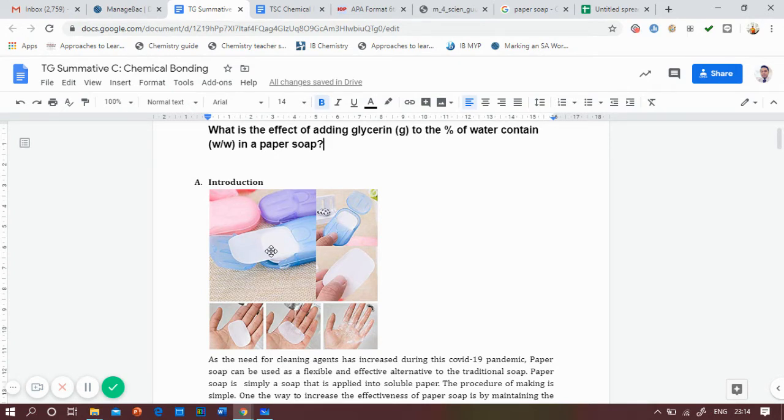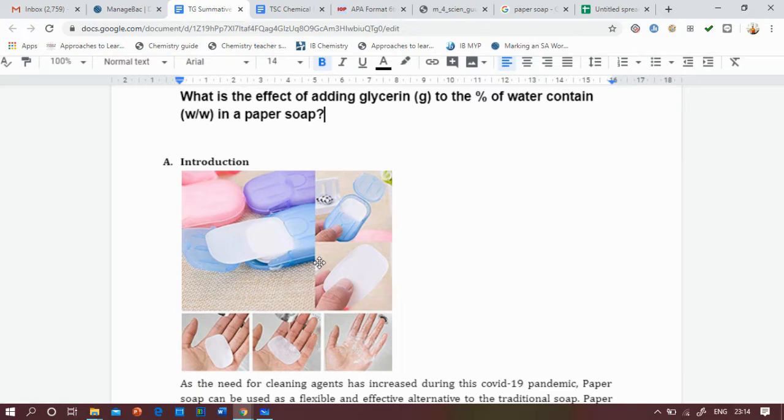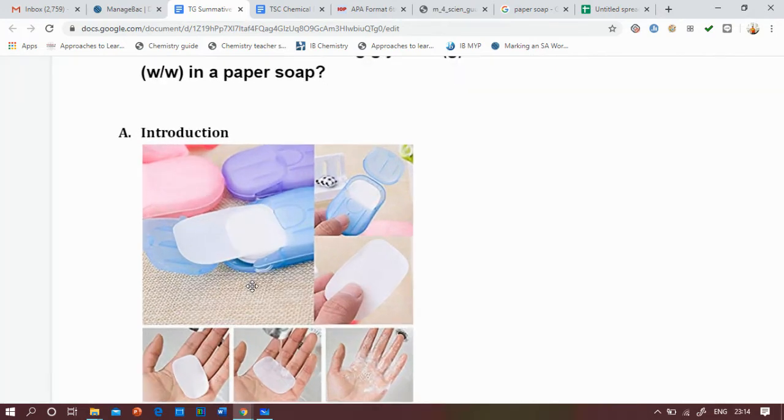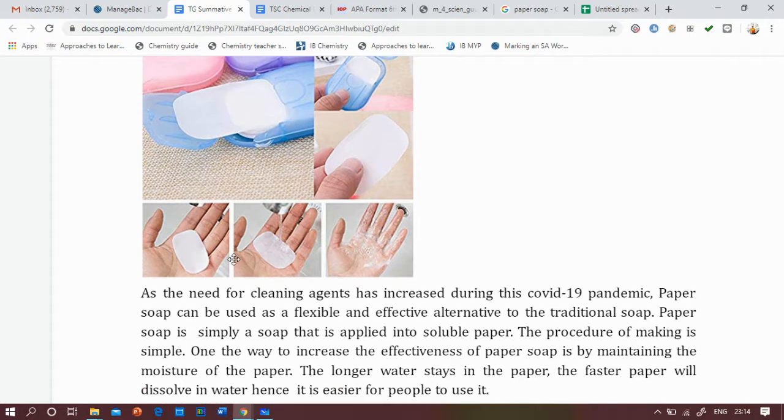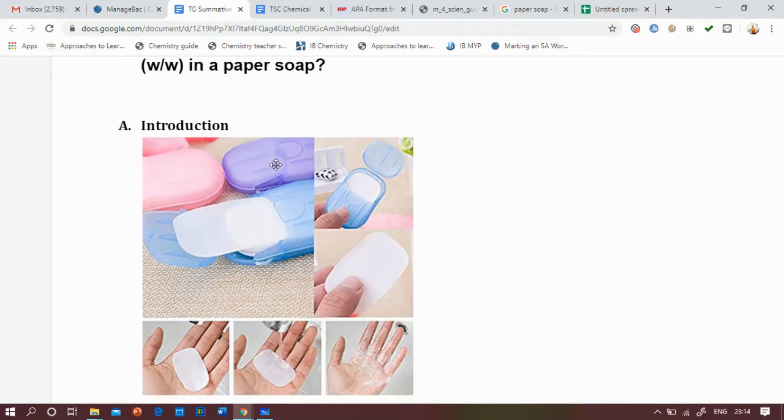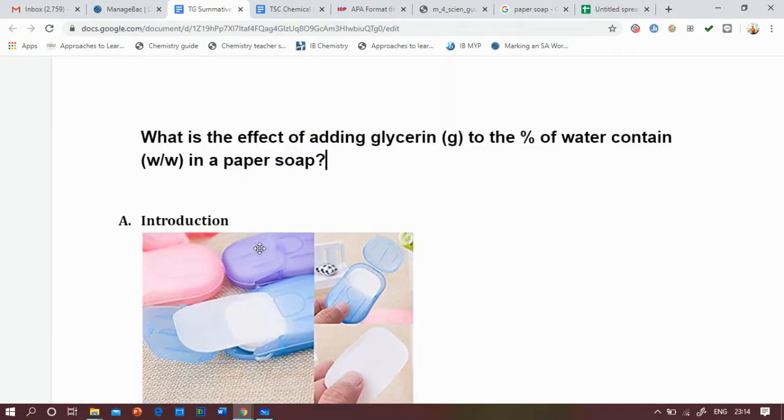It's also very easy to use. As you can see in the picture, it's basically sheets of soap. You just use one or two sheets every time you want to wash your hands. Of course, it still needs water, but it's easy to carry when you are traveling.